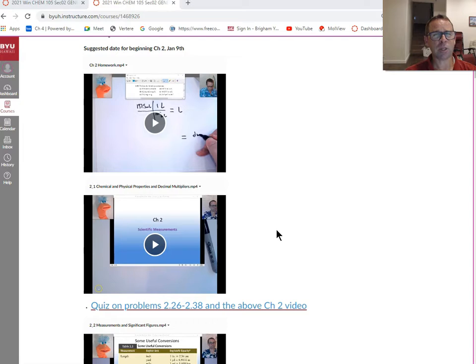Now, none of these quizzes are going to be able to be taken twice, all right? There is a time limit on them. In some cases, the time limit might be pressing, but that is a critical component as well. So usually the time limit probably won't be very pressing to you, but we do want to make sure that we're learning the material. I know that when you're online,